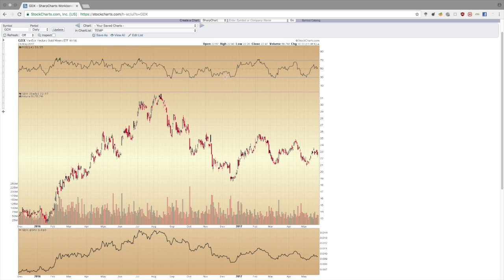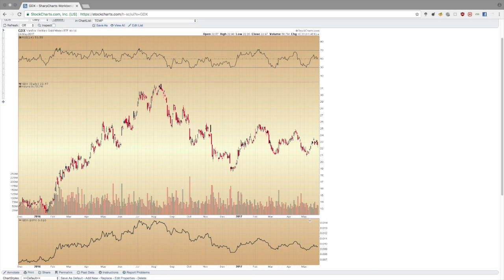So we have the RSI momentum, we have the price of the fund itself, we have the volume of the fund itself, and at the bottom, I almost always will show the fund in question, the GDX, the gold and the silver miners, compared to a related asset class. So this is the GDX compared to the S&P 500. The S&P 500 is the large cap US equities, the 500 largest stocks in the United States. So we are comparing the largest gold mining companies with the largest companies in the broad stock market.